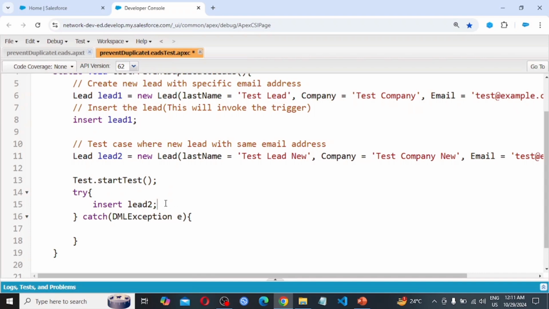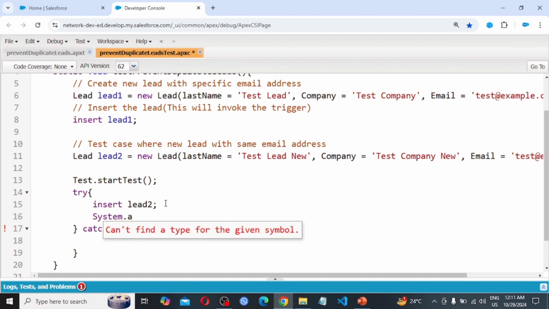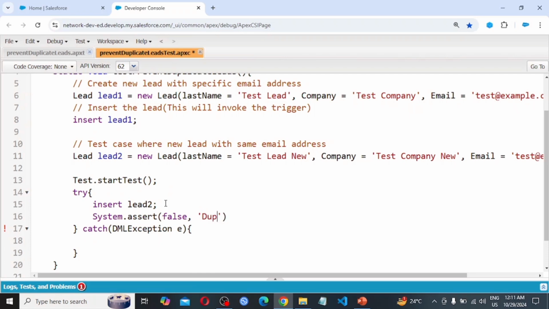Putting the semicolon, and here I am displaying a message, System.assert, in bracket I am putting false, comma, and passing a message, duplicate lead throw an error,